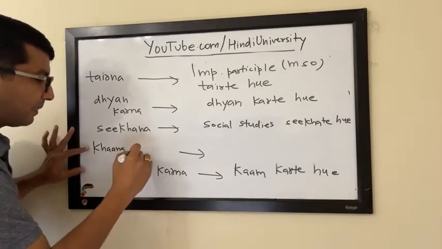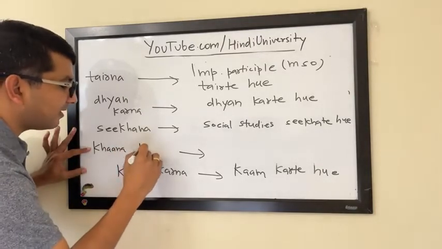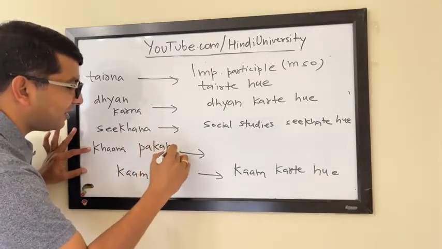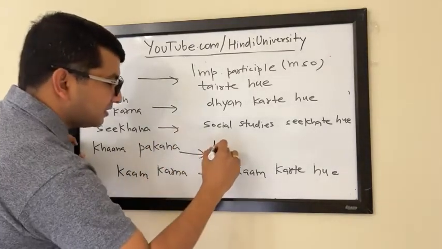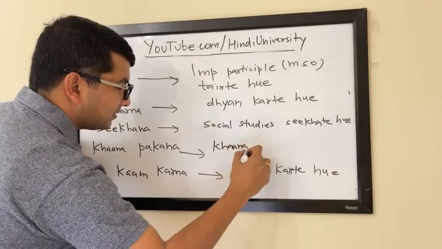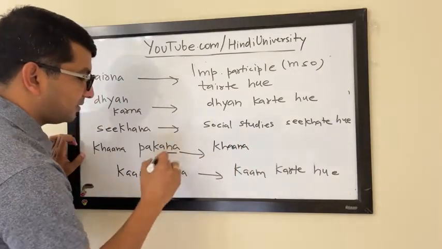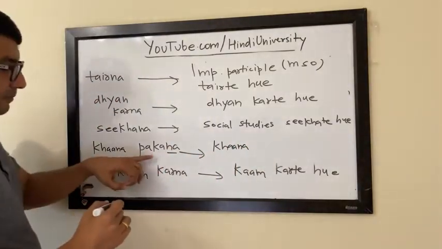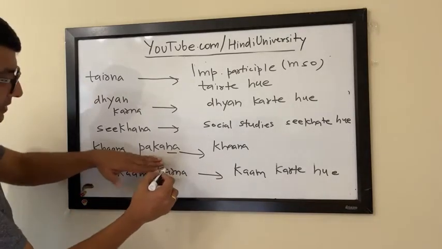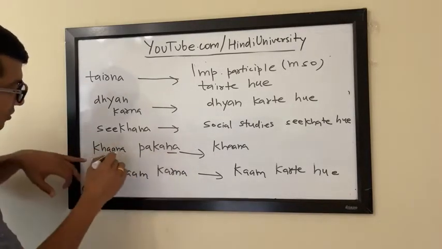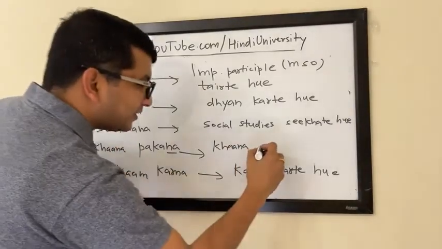Curry chicken ka, to cook is pakana. Khana pakana. Okay, now change it. Curry chicken ka, pakana kar. I'm confused. No, it's okay. The verb is... we used khana pakate hue. Very good. Khana